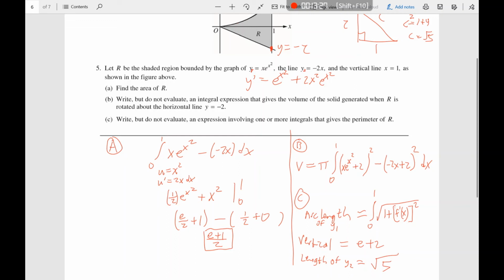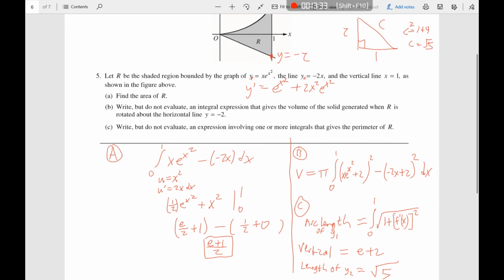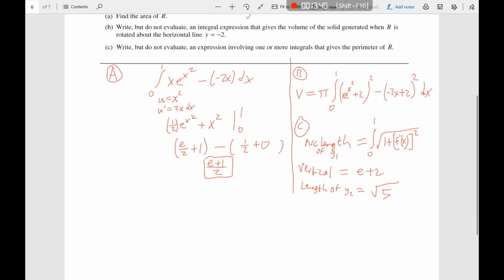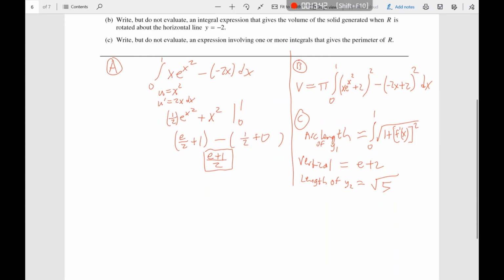If I was doing this in the AP exam, I would want to move this down to the part C. That way they can grade me for my work. I'm just doing this up here so that I can keep the figure in the same screen. So now we just need to add all 3 of these together and we should be good to go. So the perimeter